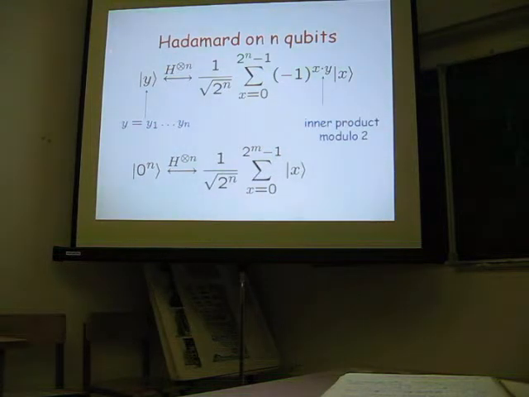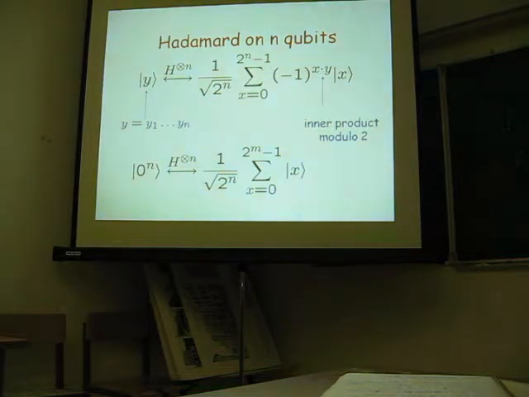It says that if you have an n-bit basis state, y1 up to yn, and you apply the n-fold tensor of the Hadamard transform to that state, meaning you apply the Hadamard to y1, Hadamard to y2, etc., then you get this sum,